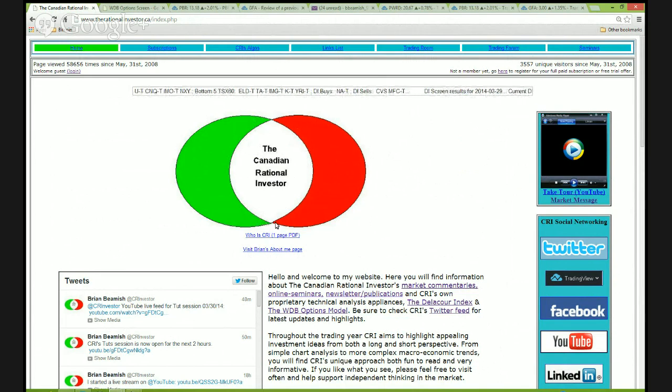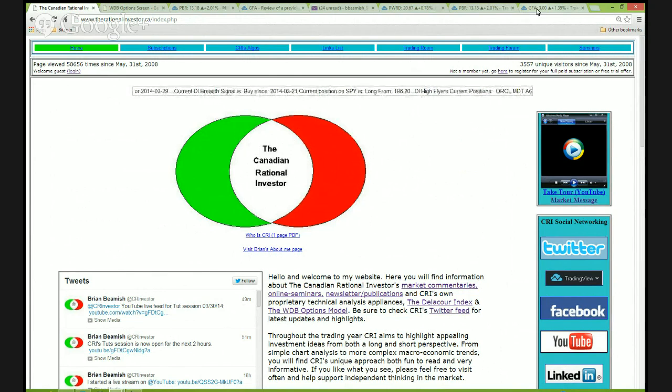What happens in that magical place where the technician and the fundamentalist actually overlap? This white area from these two circles overlapping is what's called rational analysis, basically the intersection of technical analysis and fundamental analysis. That's where I come at this equation. I don't really have an opinion on who's better or worse, but what I found is when they both agree, you get some extraordinary